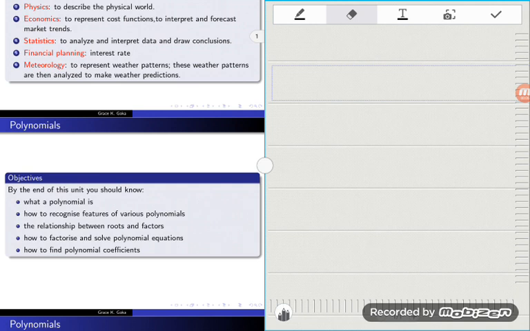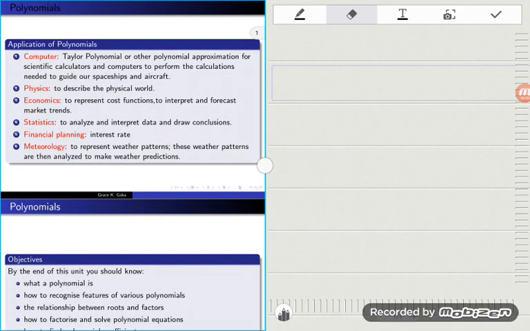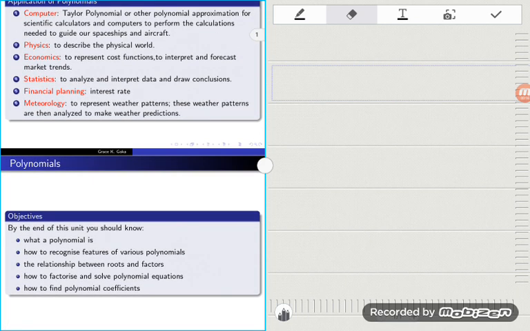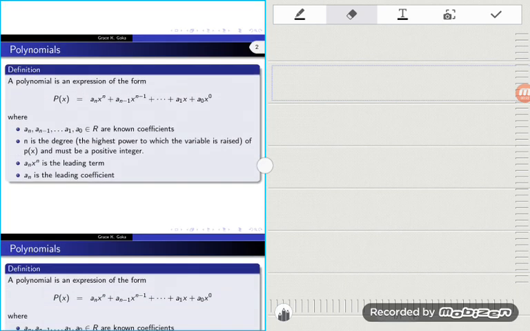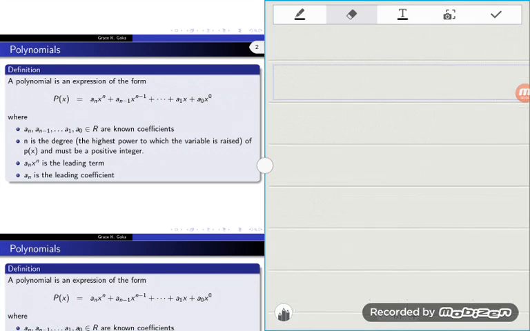If you are here, it means that you've already been to the class on time series and forecasting, which is an application of polynomials. And so at least you have a brief overview of what a polynomial is. So today we'll go straight ahead to describe what a polynomial is and then find or recognize the various features of polynomials, as well as find a solution to a polynomial. So a polynomial